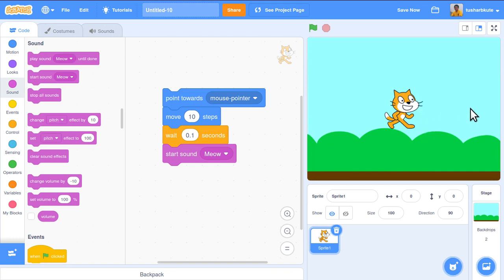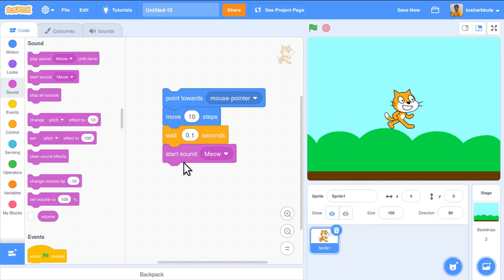I got the background as the blue sky, and now in this blue sky my sprite will follow the mouse pointer. How is it doing it? Point towards, so it will look toward the mouse pointer, then move 10 steps, then wait for 0.1 second, and then start the sound mew. We have listened to this sound in the sound sessions, and now we have to do this operation an infinite number of times.